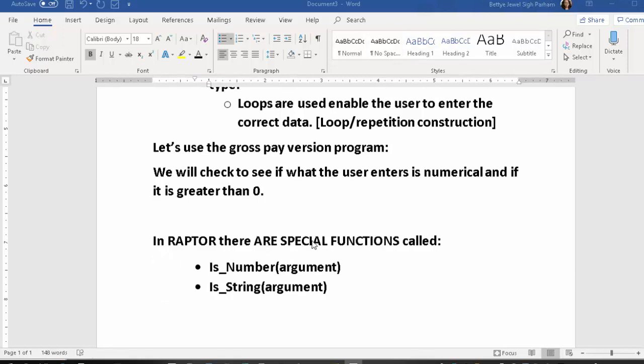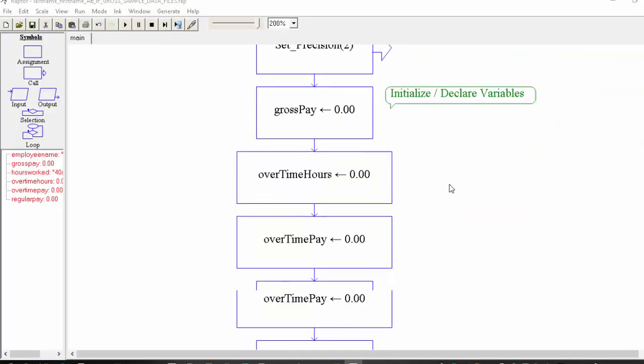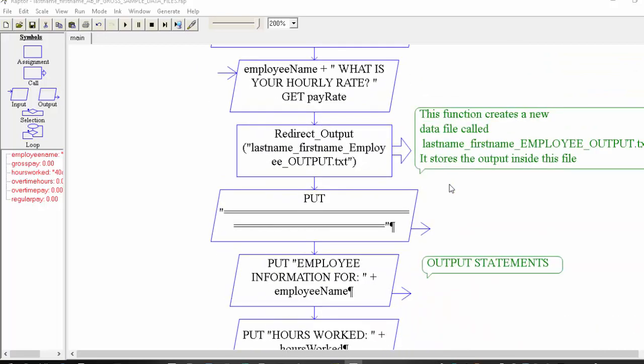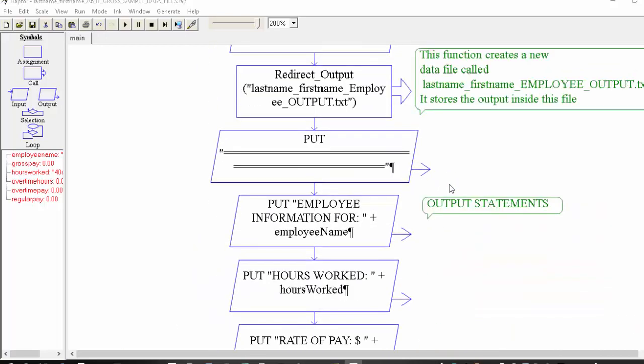It's going to check to see if the argument or that variable is a number or a string value that you entered into the computer. We're going to use our gross pay program that we have been working with in the past. This is the one where we were able to tell the computer to write the output to a